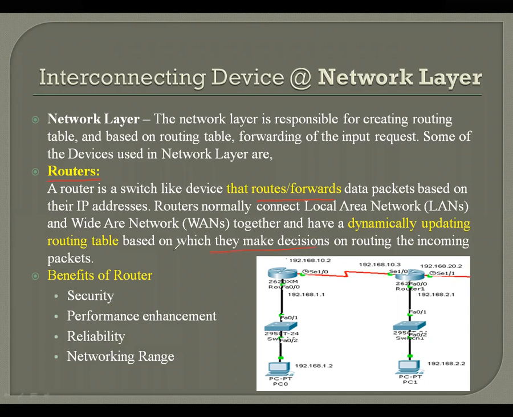In subsequent videos, we have demonstrated the details about routers. If you look at the diagram here, this is the router we have configured, and the router has this interface and this interface. We can assign the IP address on this. So this is the LAN interface, and this is the WAN interface. And generally, there is a console port also, but here we can set the IP addresses, and on the basis of IP addresses, we can make a decision.